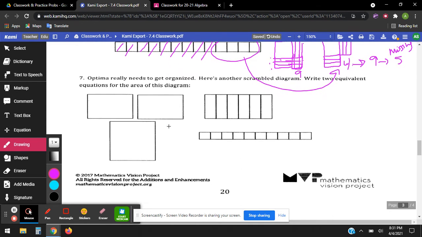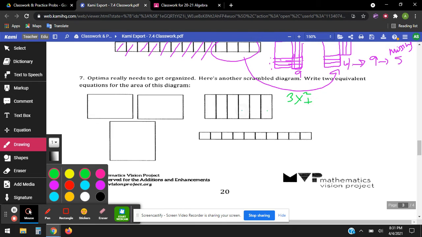So let's just write out what we have first. We have, let's do green for this, 3x squared plus 6x plus 10. All right. Well, if we put these into diagrams,